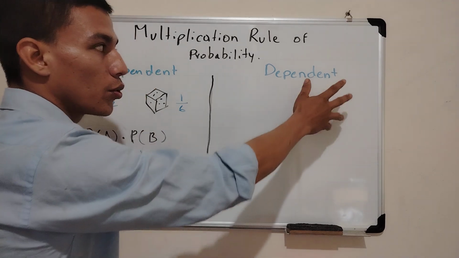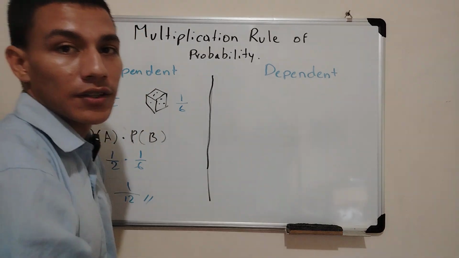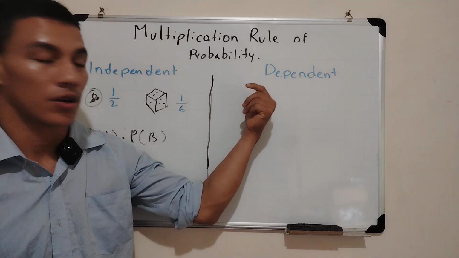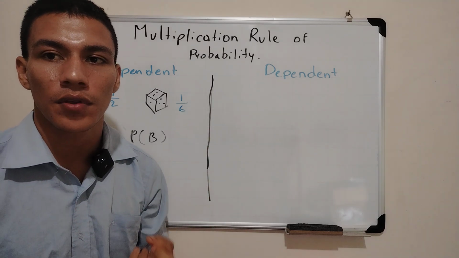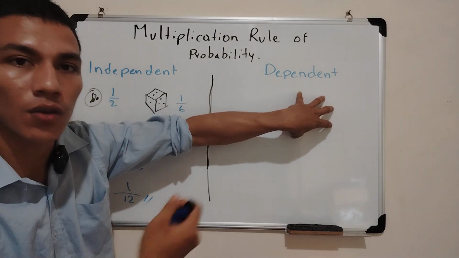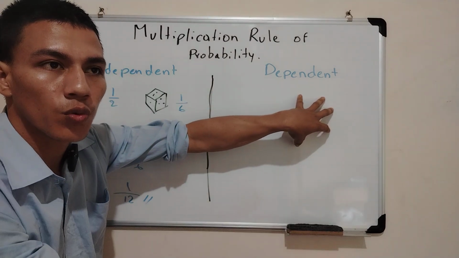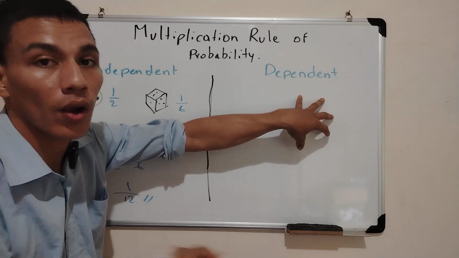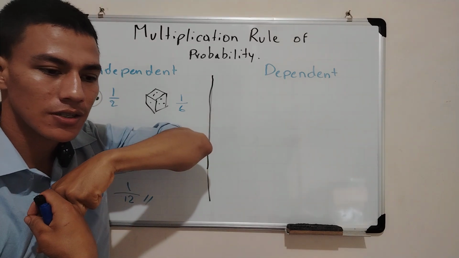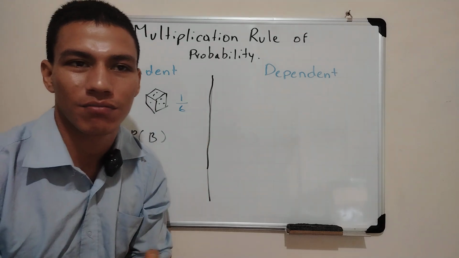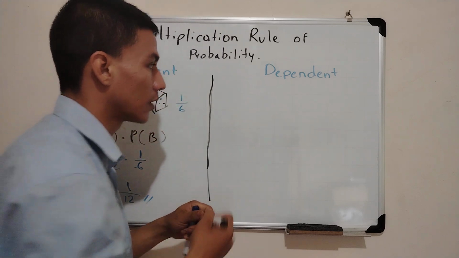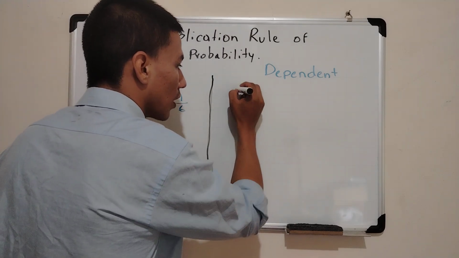Now, let's go through dependent events. Dependent events are those that depend on something, as the word implies. Why? Because we have a set, and from that set we draw a card, we toss a die. This is the probability of the same set. Let me give you an example. Let's imagine that we have